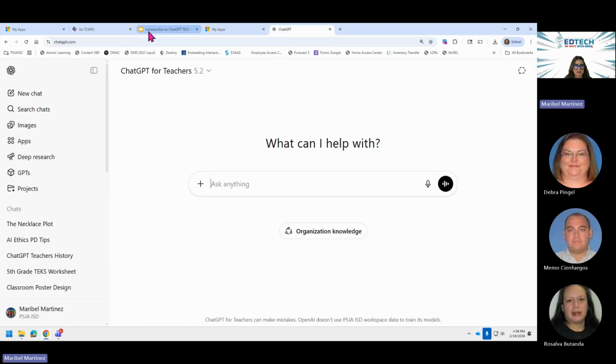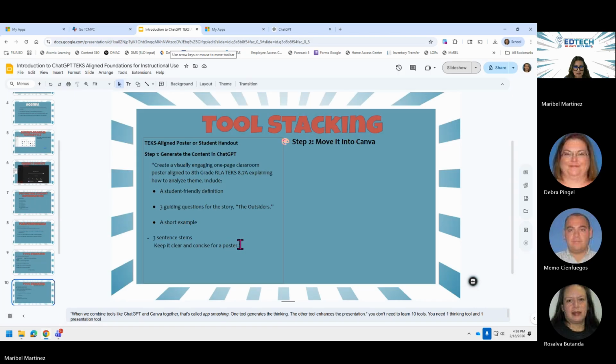Okay, so that's what it looks like. This right here, my first step is to generate content with ChatGPT. The prompt is: create a visually engaging one-page classroom poster aligned to 8th grade RLA TEKS. If you're on TCMPC, you can go ahead and get any TEKS that relates to your content to do something